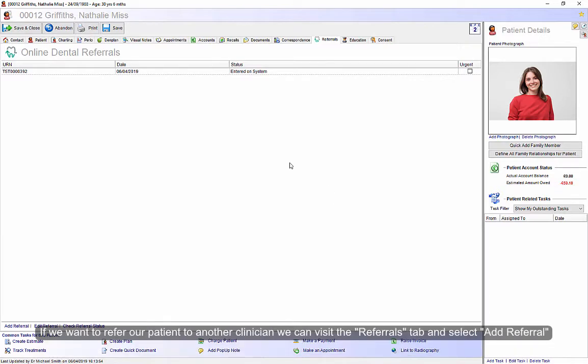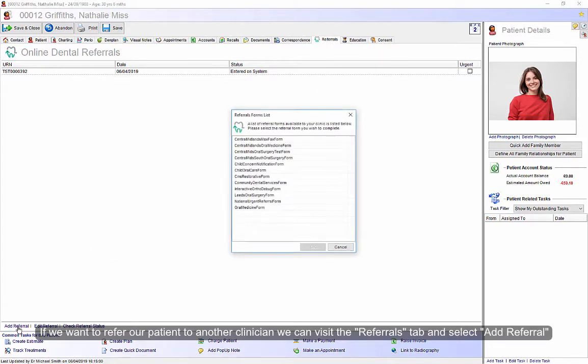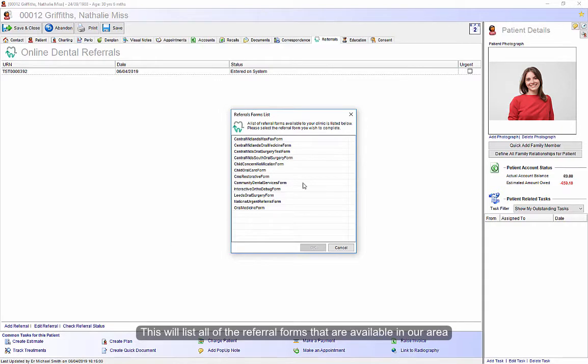So at any time, if we need to refer our patient to someone else, then we can go to the Referrals tab and select Add a Referral. This will immediately come up with a whole list of clinical forms or referral forms that we can use in our area. So for example, if I just select a National Urgent Referral form,